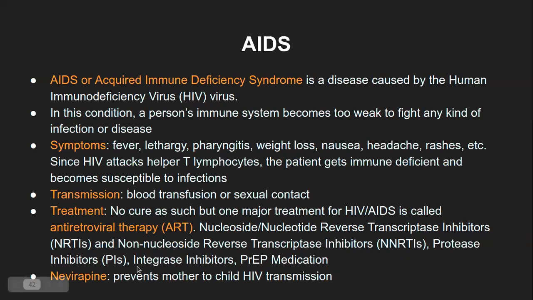Otherwise, there are protease inhibitors, which block certain processes in the virus so that the virus particle is not able to mature, or integrase inhibitors. Integrase is one of the major enzymes by which DNA is integrated into other cells. That is how the virus multiplies. The virus passes its genetic material to the host cell, integrates its DNA, and then replicates, and new virus particles are synthesized from that replication process. So that process is inhibited.